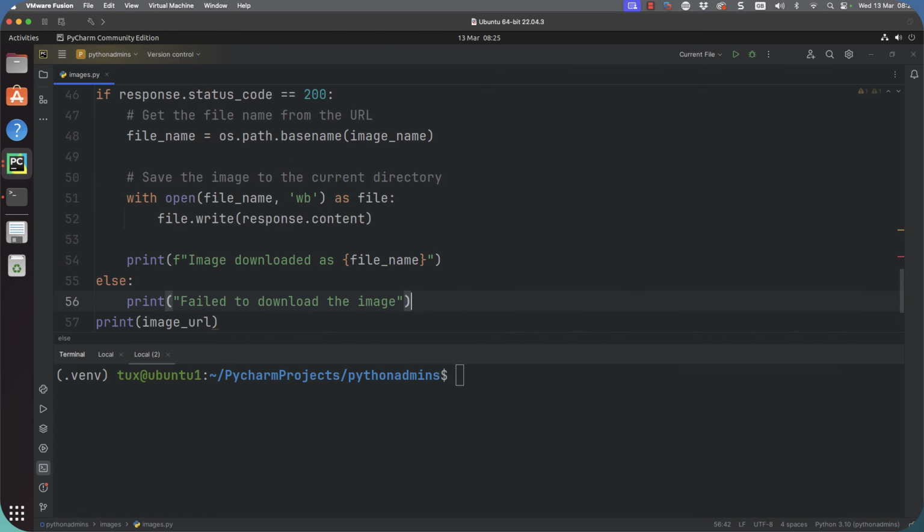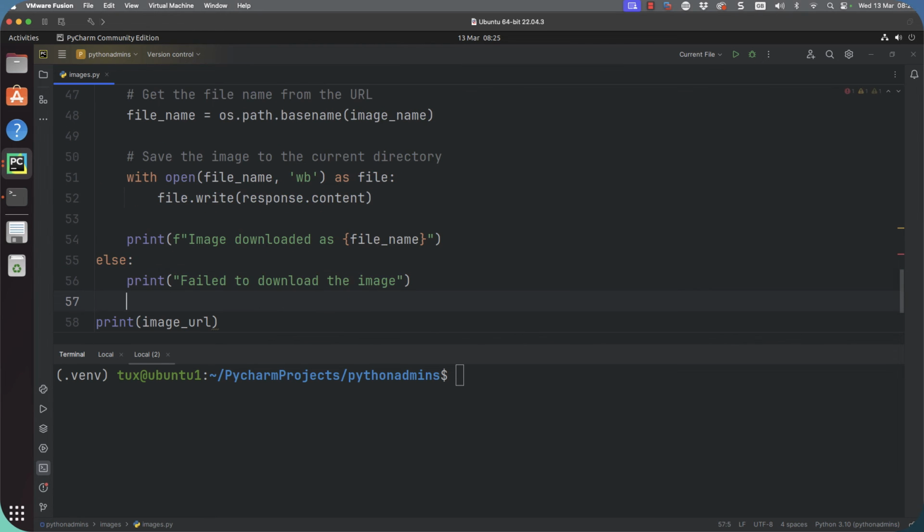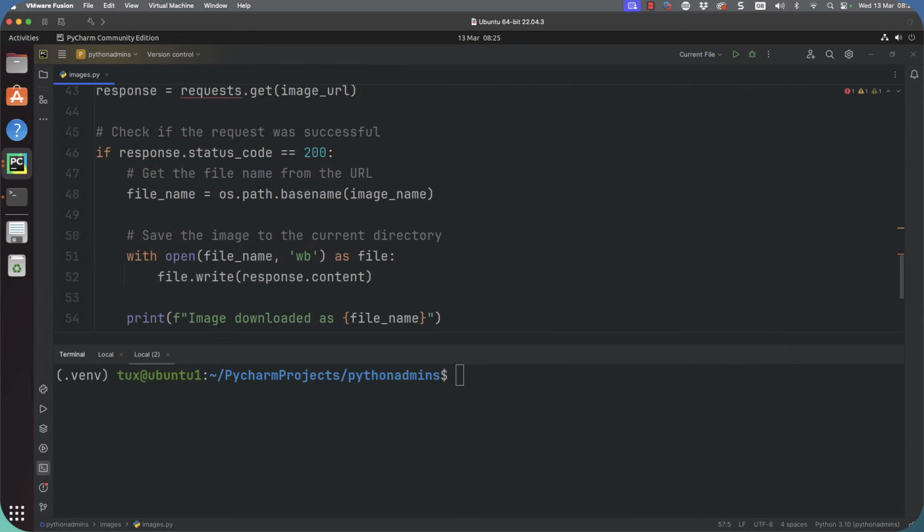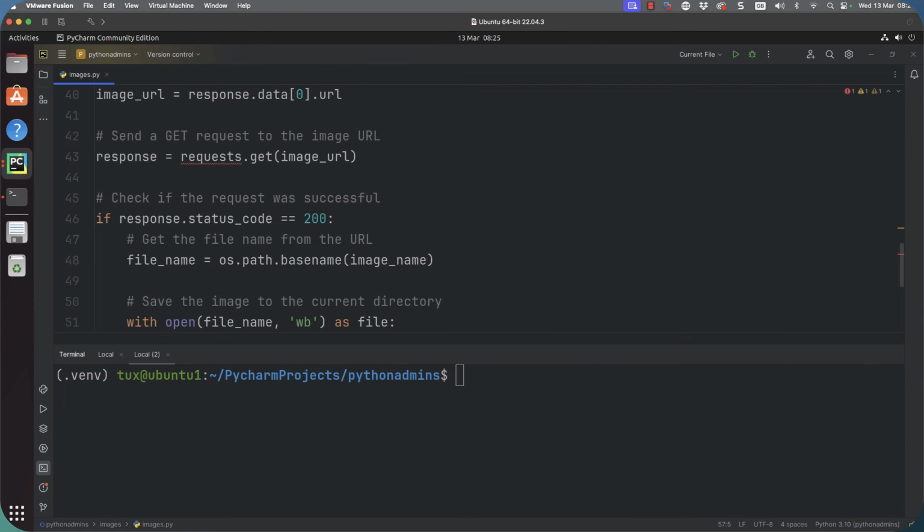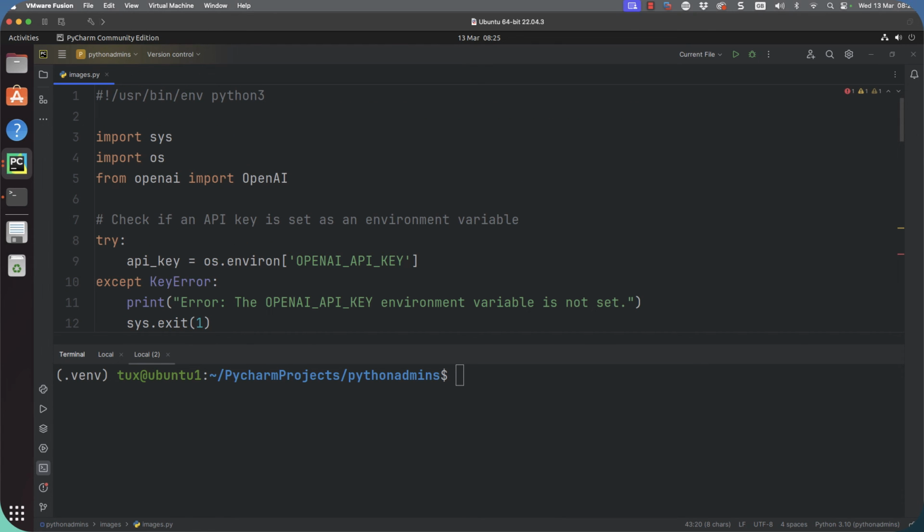So if we just start adding in a little bit of extra code, I know I've just pasted that in. But if we can get it to settle a little bit, we can see that we've got a response variable that is being set now to requests.get(imageURL). Now we can also see the requests at the moment have got the red squiggly line underneath, so we just need to make sure that we import our requests package. So we want to make sure that requests is going to work. So let's move back up and just run our import requests.